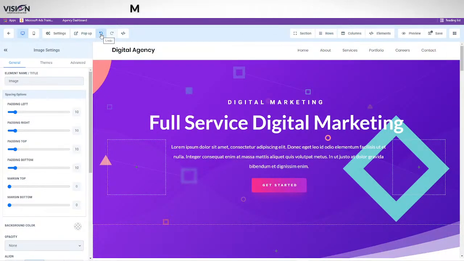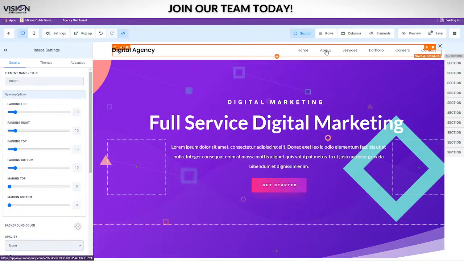If you did make a mistake and you want to undo, you can do that there. Or maybe if you went back too far, you can move forward there. You can also click here. And I think that's for the scripts. Here is where you can add or manage your sections.